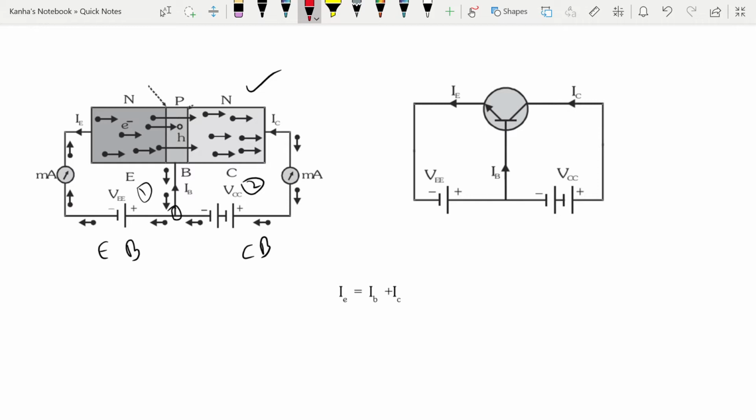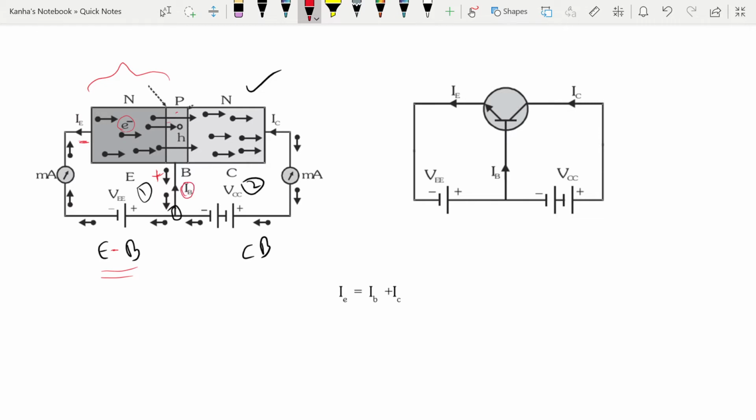You are supposed to forward bias the emitter base junction. When you forward bias the junction, what does this mean? My N type has a negative potential, and this is at a higher potential. My base is at a higher potential, because this is a small PN diode, right? So because of this, the majority carriers in N are pushed towards the base region. In the base, there is some recombination with holes, which leads to the current IB, the base current.